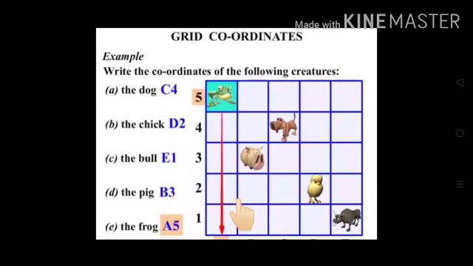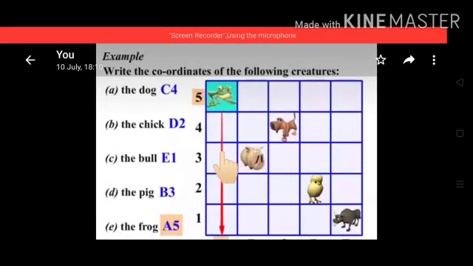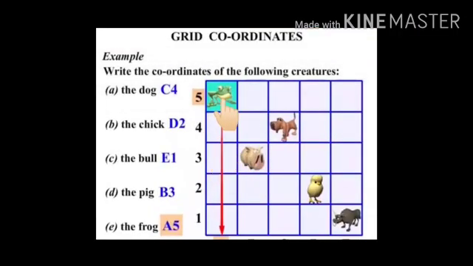Now what is the location of frog? It is 5 and A. Then what is the location of frog? It is A5. Now children understood how we will locate